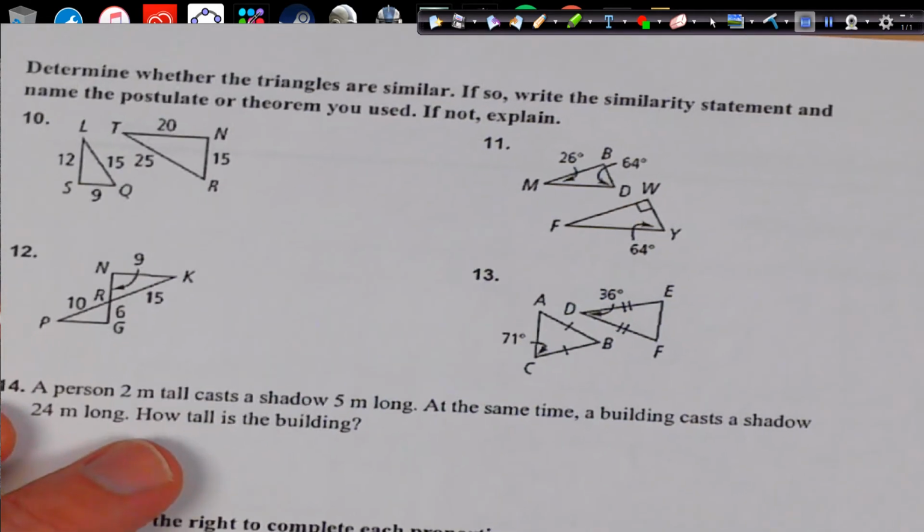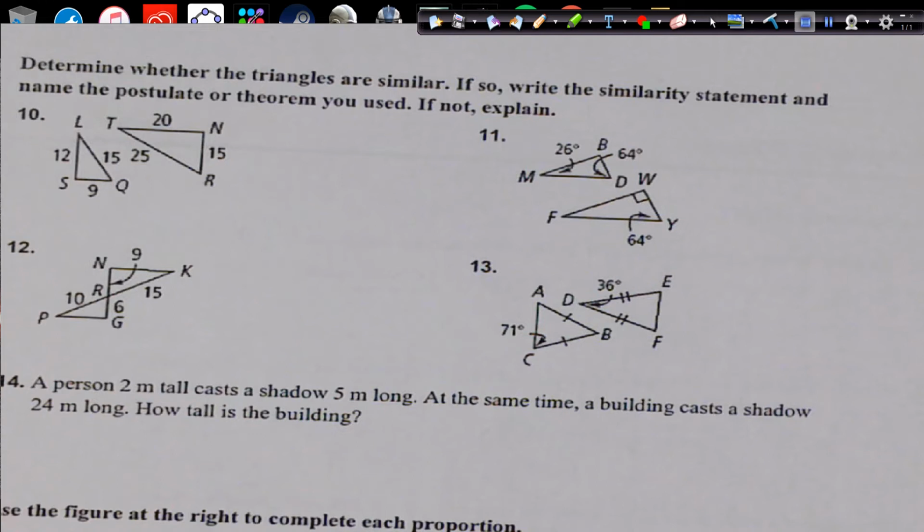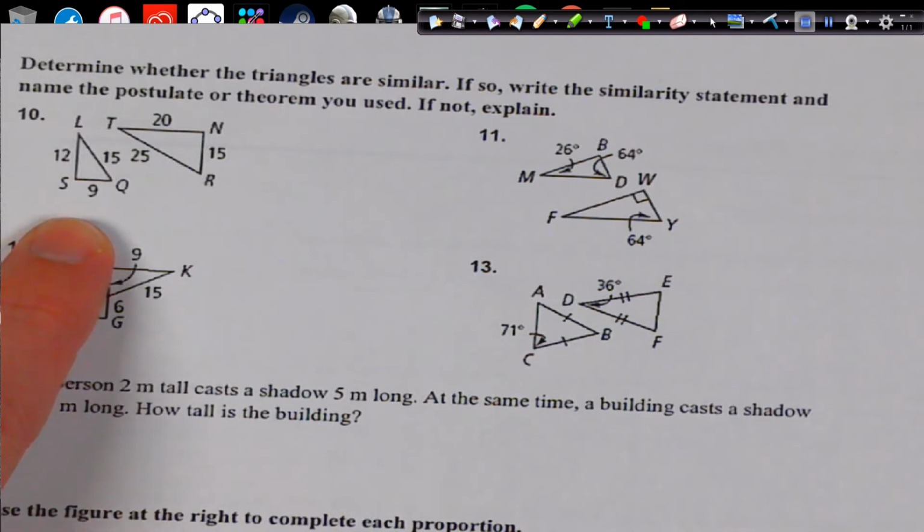Okay, determine if the triangles are similar. If so, write the similarity statement. Name the postulate or theorem you use. If not, explain. Okay, first off, I have no angles, so I'm going to have to use side, side, side